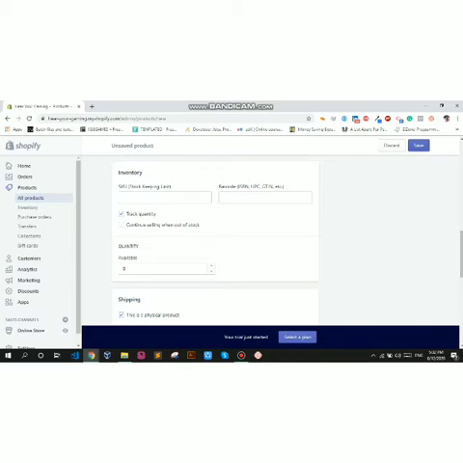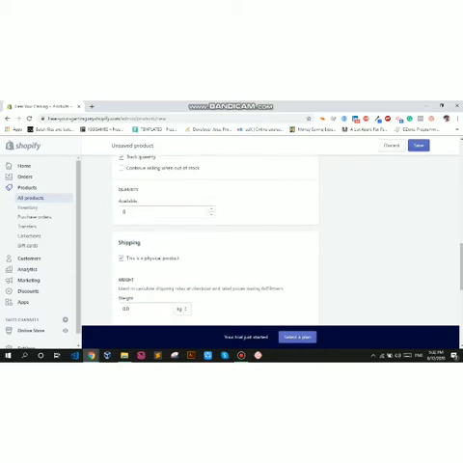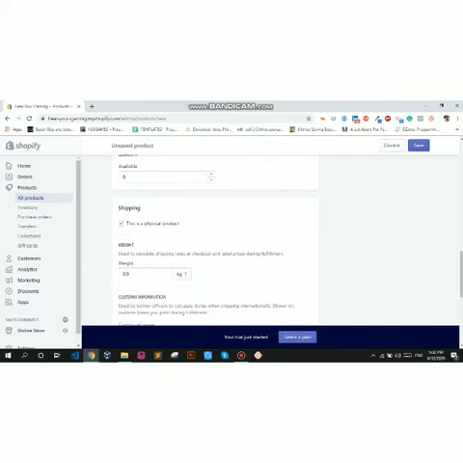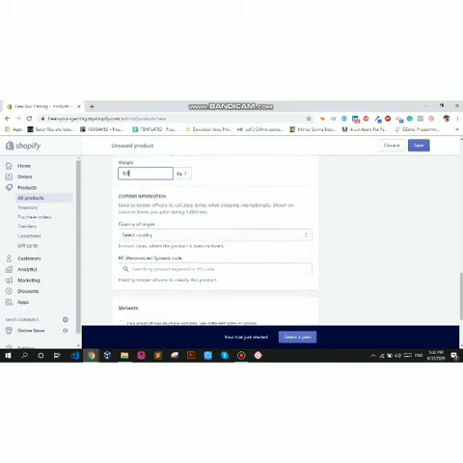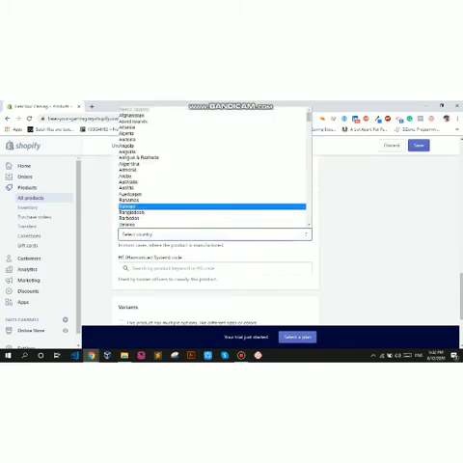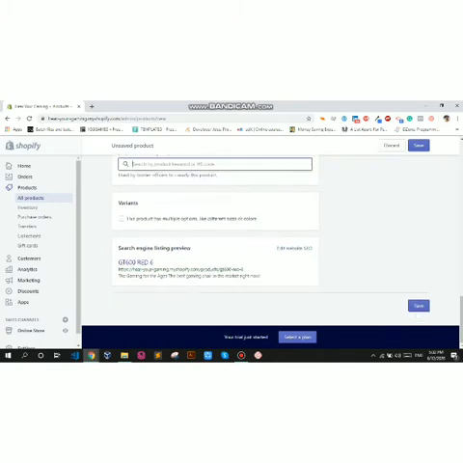In this pane we don't need to fill up this because we don't need it right now. So this is a physical product, and to be honest with you, I don't know what's the weight of this gaming chair. So customize information. Oh, we're in the Philippines, so let's search for the Philippines here. Okay, so we don't need it also. So this is only red. So let's save it